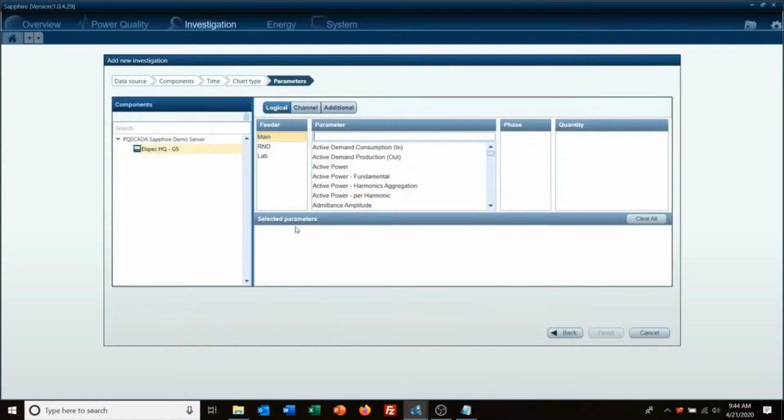So this is the parameter selection screen. If you have multiple feeders set up in your meter, in this case our G5 in the lab does, it's monitoring multiple buses. We're going to select main feeder, so I want to look at all the data here, and then we want to select the parameters we want to look at. As you can see, there is a lot of parameters to choose from,